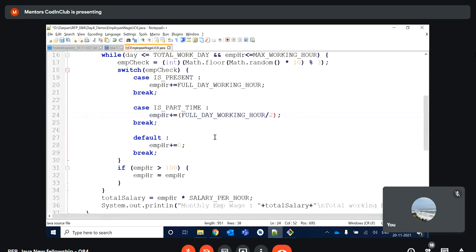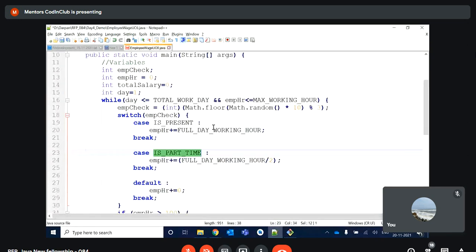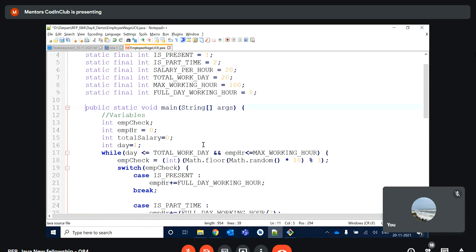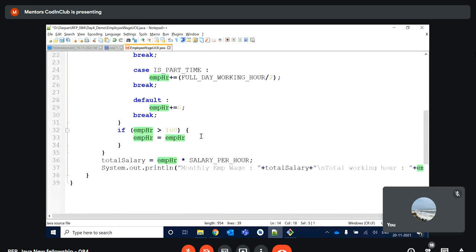I need to subtract that value, whatever value is coming here, based on whether the employee is present or part time. We need to go with the total working hour only. Employee hour is for the daily basis, and we will make one variable as total working hour.